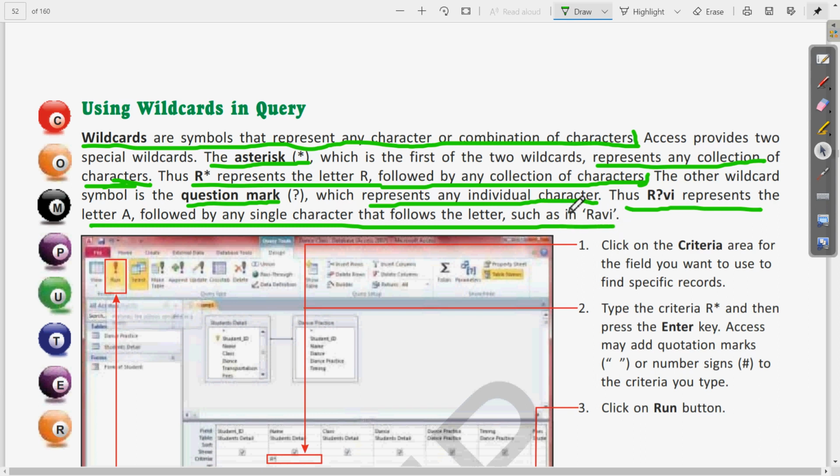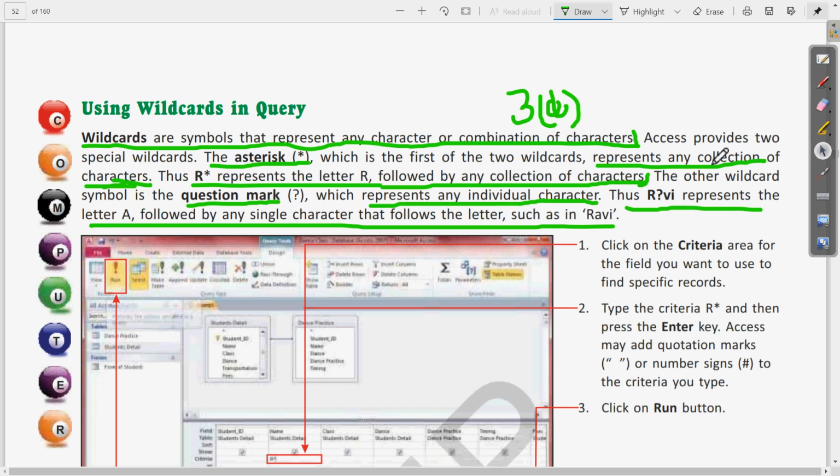So this way we will write this paragraph point wise and only the important things which are required for the answer. So this was the answer of the question, what is wildcards and what are the types of wildcards. Clear? So the first line of this paragraph is the definition of the wildcard, and then in the 2 points we have written the types. One was the asterisk and another is the question mark.